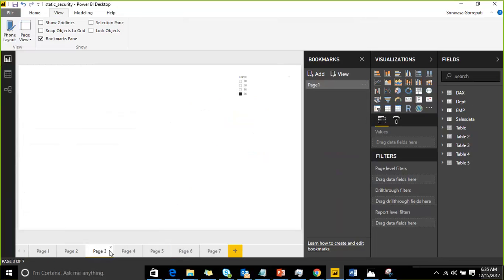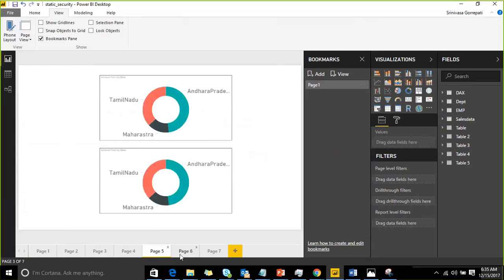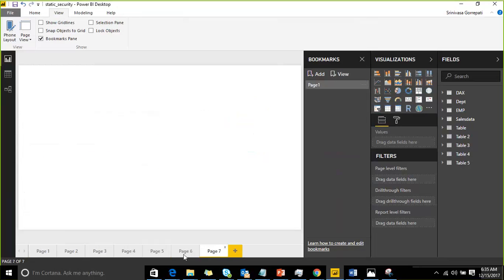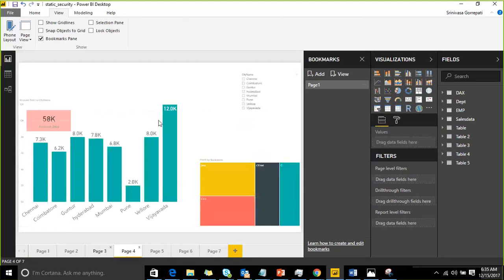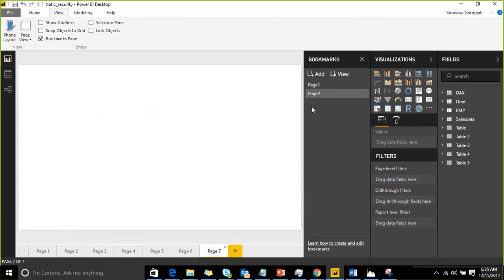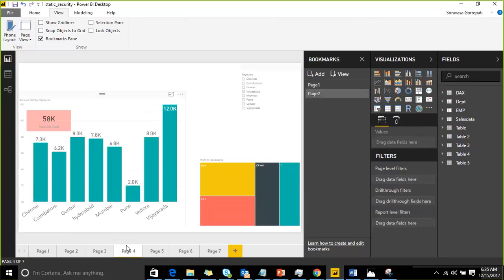Or you can add multiple pages like that, which you are going to visit frequently. You can save them as a bookmark. So page 2 I'm adding here. If they give the same name, that is good. Until last month it had the same name, but now it has changed. Whenever you click on page 2, it will be redirected here.